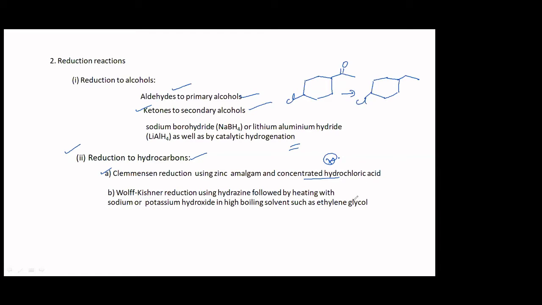Then which one are you going to use? If you use the basic medium NH2NH2, this will be substituted. Therefore, in that case, you have to use it in acidic medium. Sometimes they will ask you this: which of the following is the best reagent for conversion? You should see whether nucleophilic substitution is possible or not. If nucleophilic substitution is there, then you have to choose the reagent. Okay?